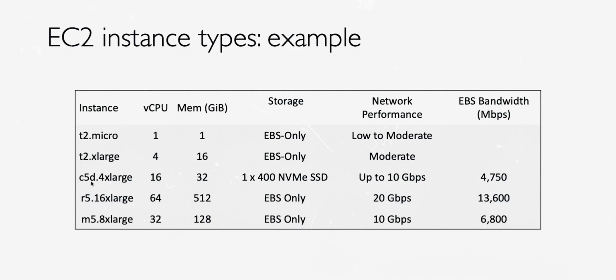If we go to completely different new levels, so C5d 4xlarge, which is a very complicated name, you get 16 vCPU, so 16 cores, you get 32 gigabytes of memory, so a lot more. You get some storage that is attached to your EC2 instance. This is why it says 400 NVMe SSD. Now the network is going to get really good, up to 10 gigabits, as well as the bandwidth to talk